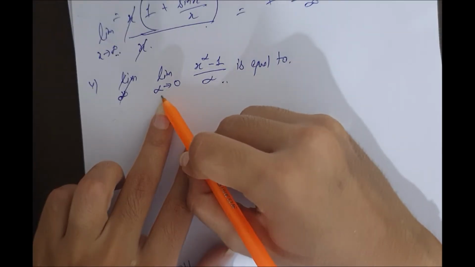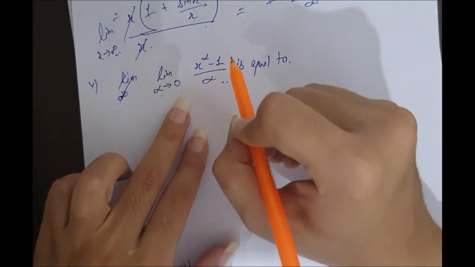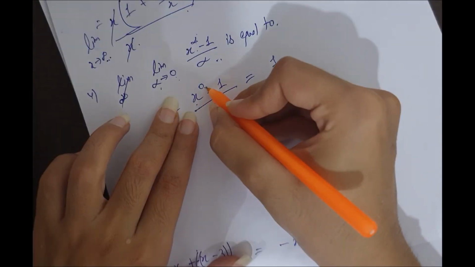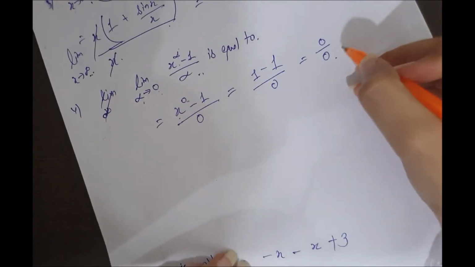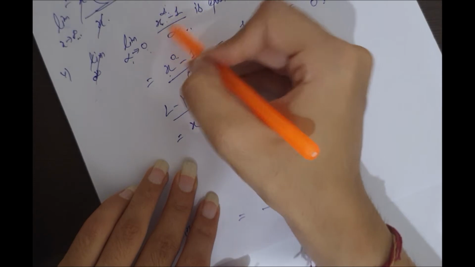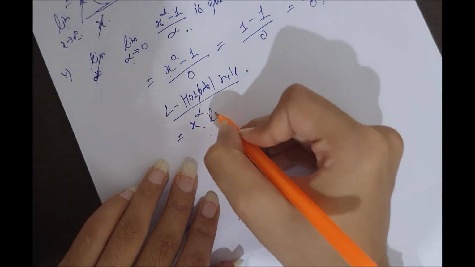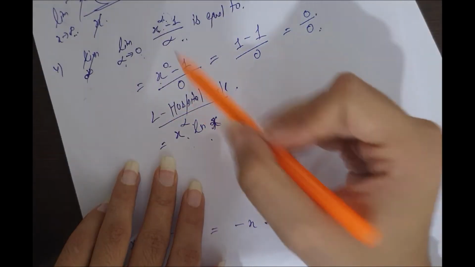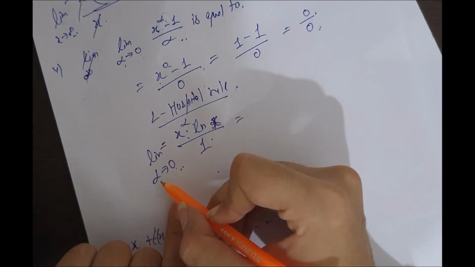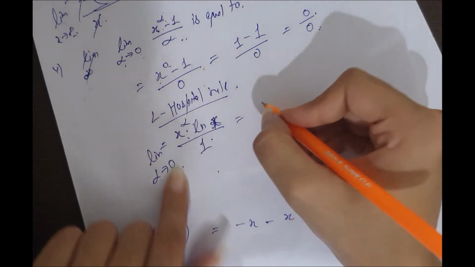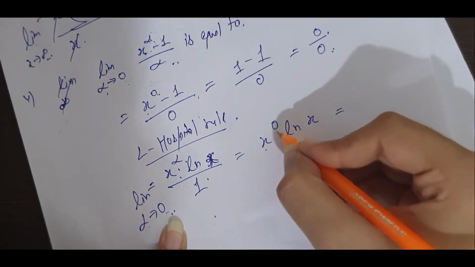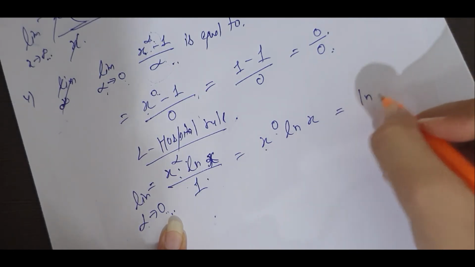Now this is the function. Apply the limit, that is x approaching 0. If we apply x approaching 0 here, x raised to power 0 will be 1. Now it comes out to be 0 by 0 form. Apply L'Hospital rule. Differentiation of this will be x to the alpha ln x. So this will be the differentiation of this function. Differentiation of alpha is 1. Again apply limit, alpha approaching 0. x raised to power 0 is 1. So the answer will come out to be ln x.